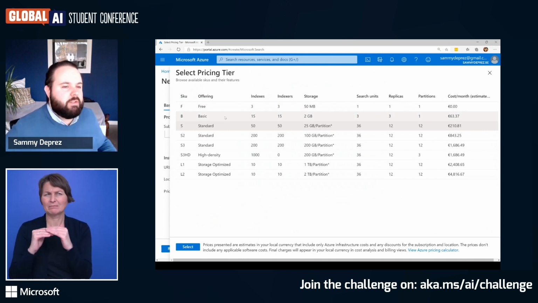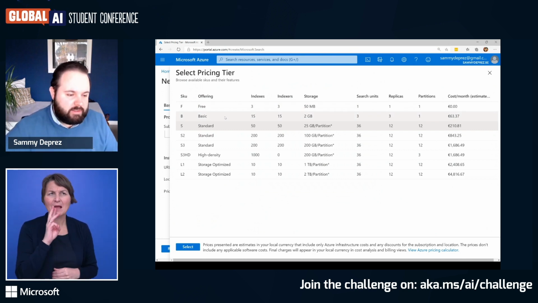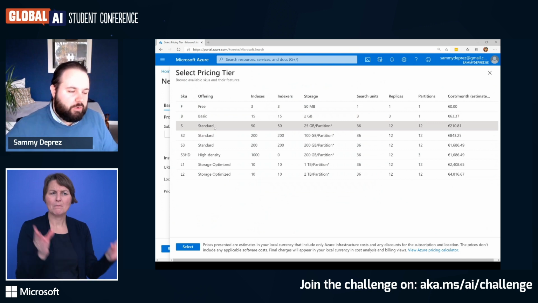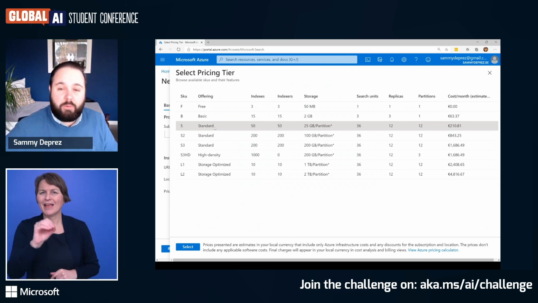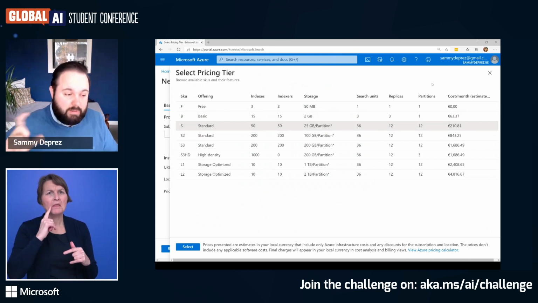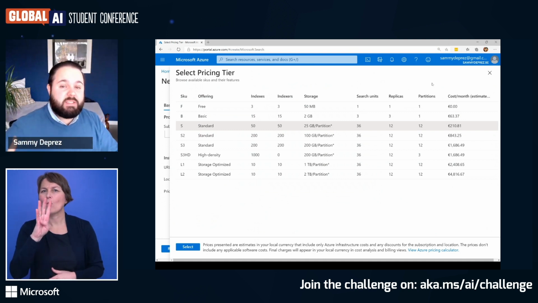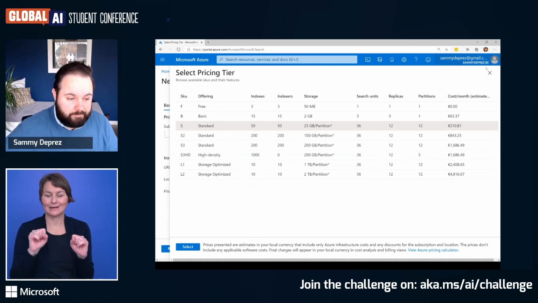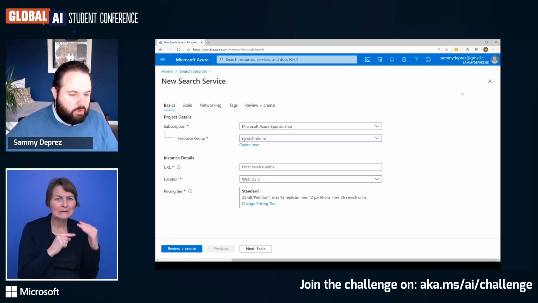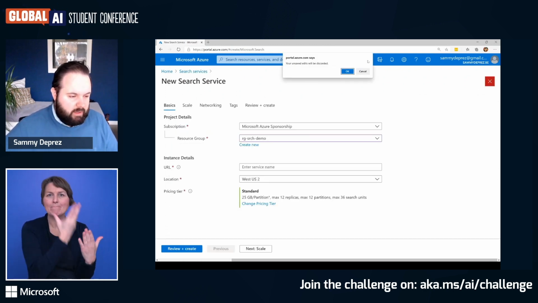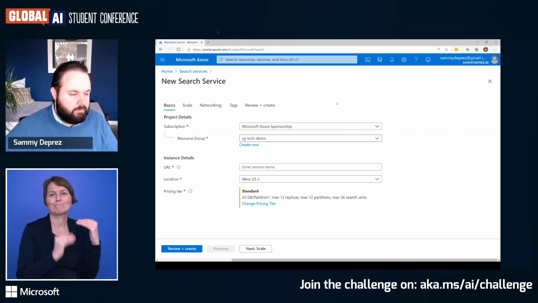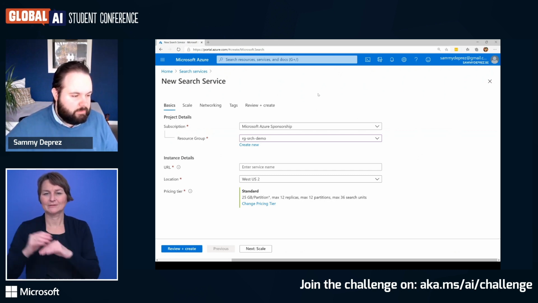I think it's free and basic. Your documents are limited to 65,000 characters. If you want more, you can go to standard that goes up to 4 million characters. So keep that in mind, even if you're doing a proof of concept, because you might be missing certain data. So I created my Azure Search service within the Microsoft Azure Portal.